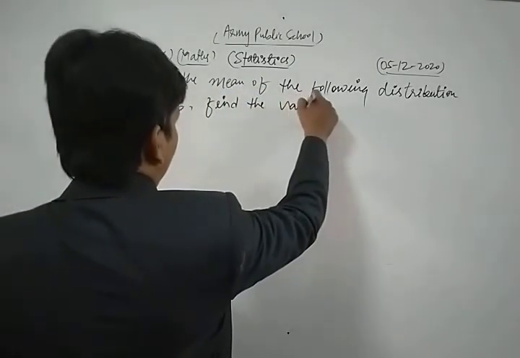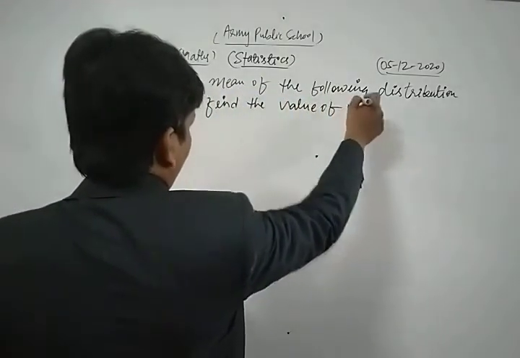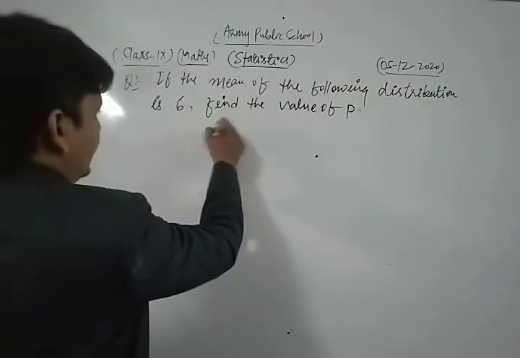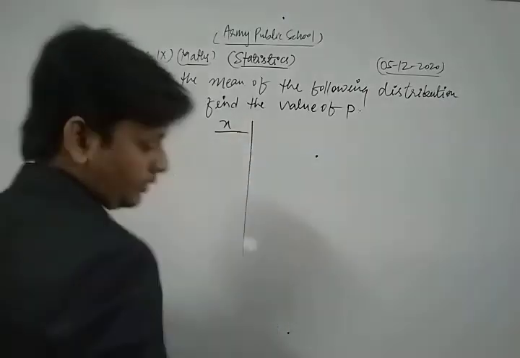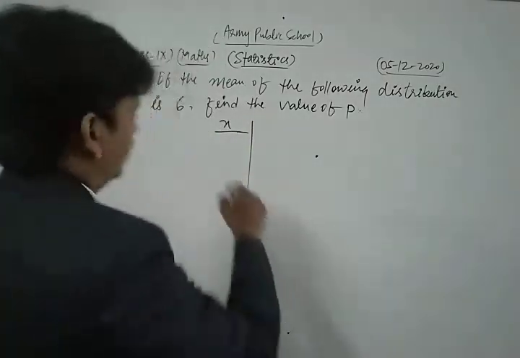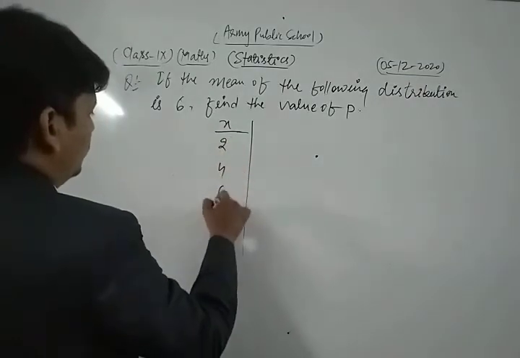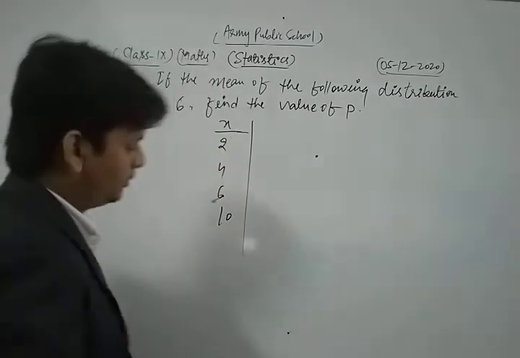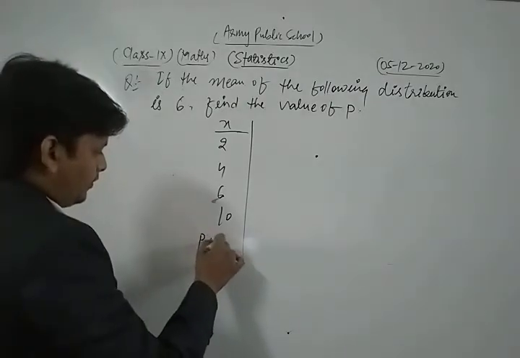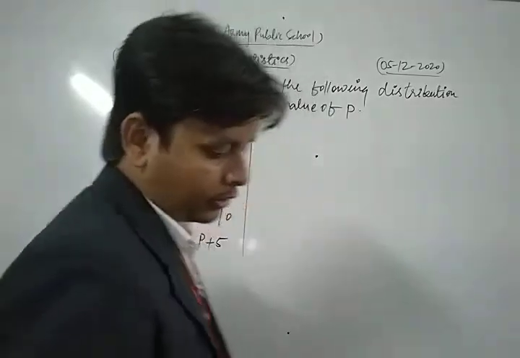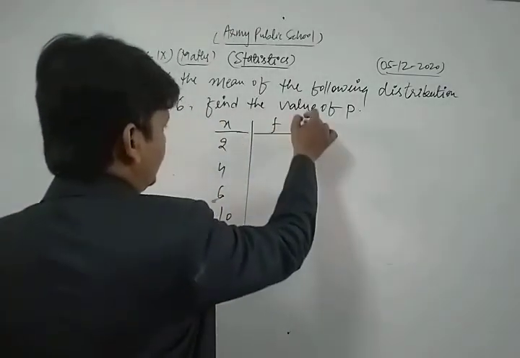Our question is: x, the value of the variable, dear students, is 2, 4, 6, 10, and p plus 5. This is the value of the variable and their corresponding frequency is